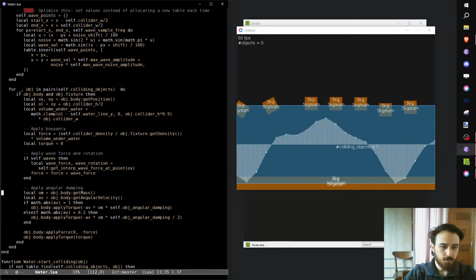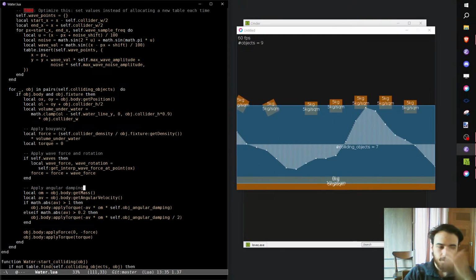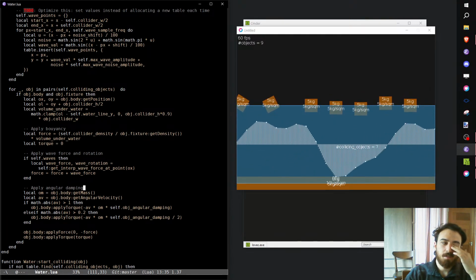Well, this is counter torque, right? So we're applying angular damping, and